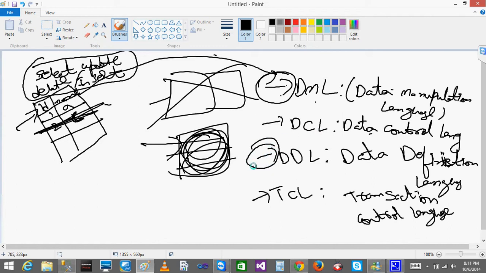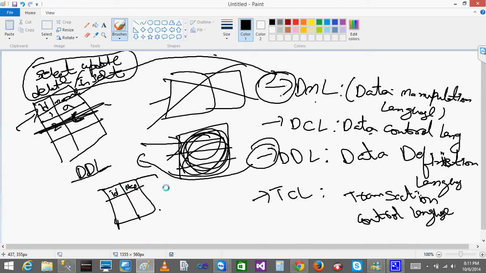What is DDL? DDL is data definition language. You create one table. Previously we saw that you deal with the data, but here you deal with the object. You create a table, add columns ID and name, and if you want to add another column called address, it is not related to the data, it is related to the structure of a table.